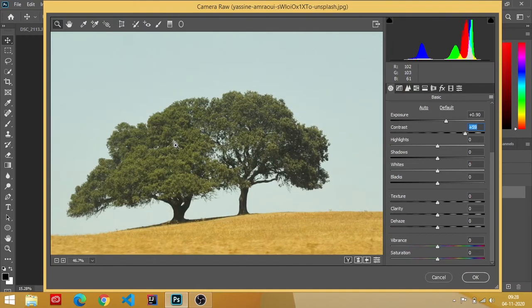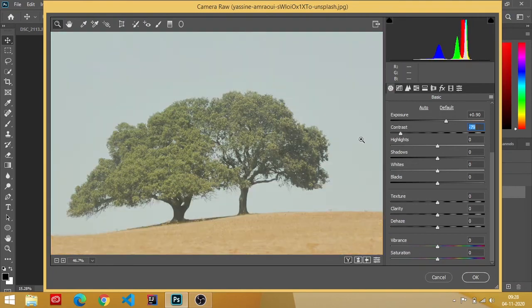Okay, I think you are understanding my concept. It became very harsh. If I decrease, the darker things become very dim. It means darker things become darker and lighter things become lighter. I think you have got my point, guys.